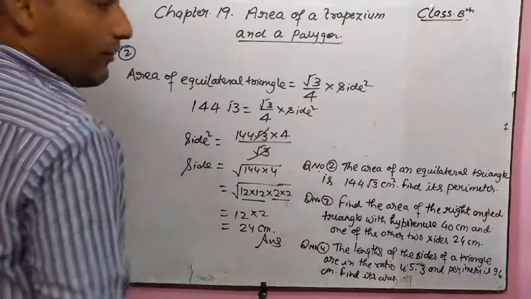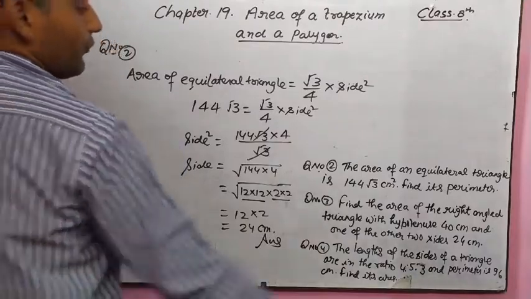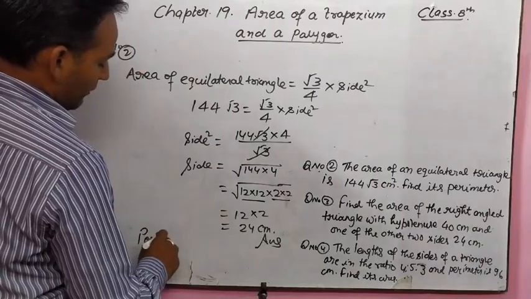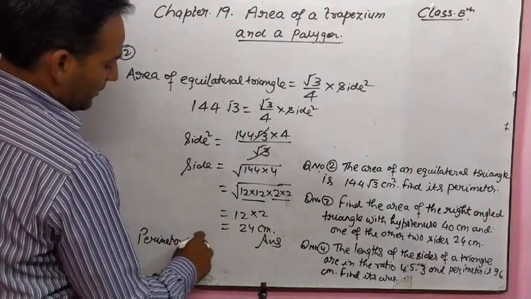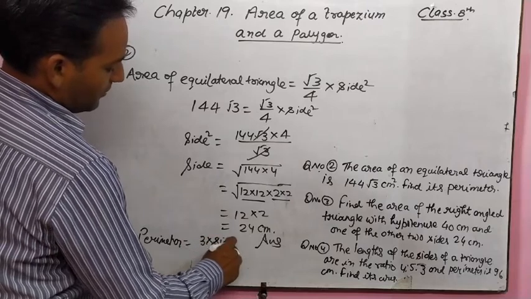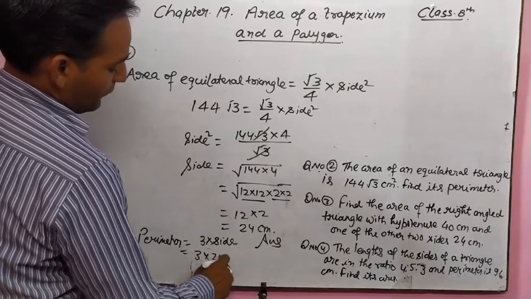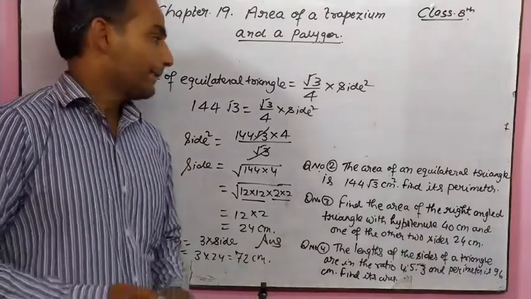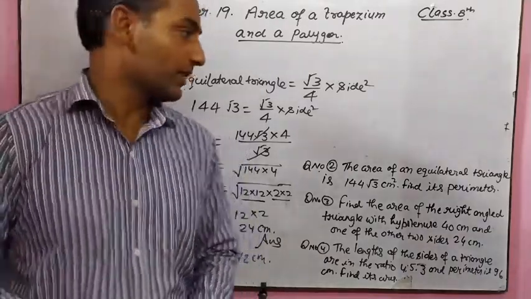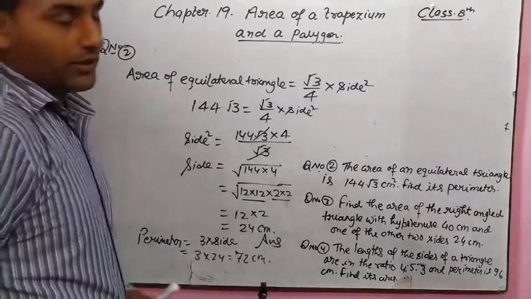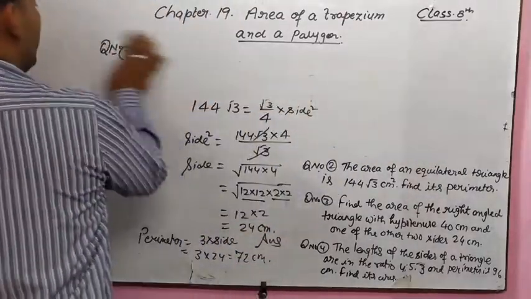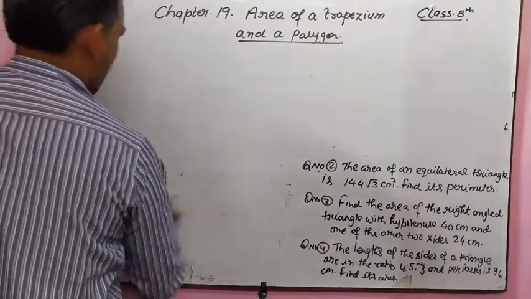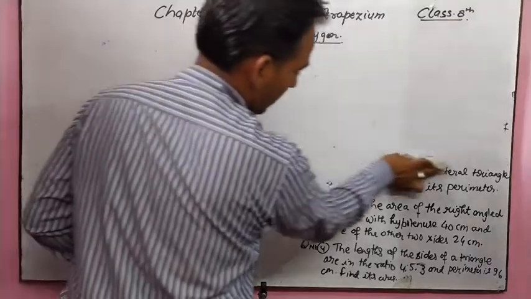The equilateral triangle is of 24 centimeter side. We have to find its perimeter. If we have got side, then perimeter of equilateral triangle will be 3 into side. 3 into side means 3 into 24. 24 3s are 72 centimeter will be the perimeter of the triangle. Now, please note it down, pause the video wherever required and note the answer, okay? Now, let us see the third question. Second one I can erase, I suppose.